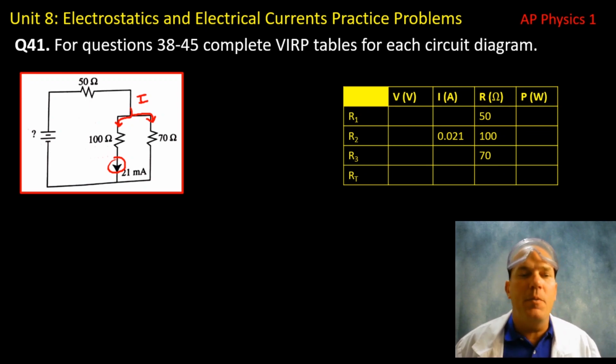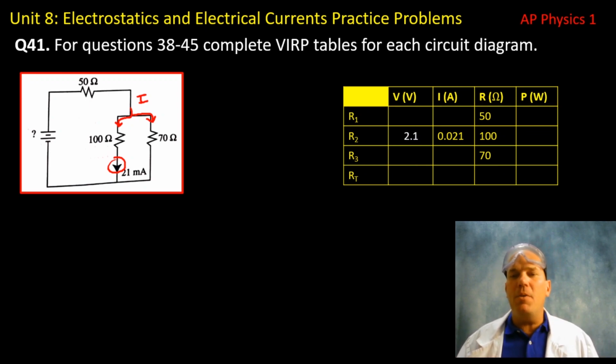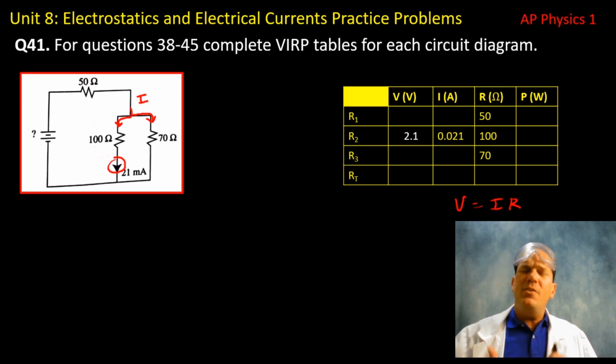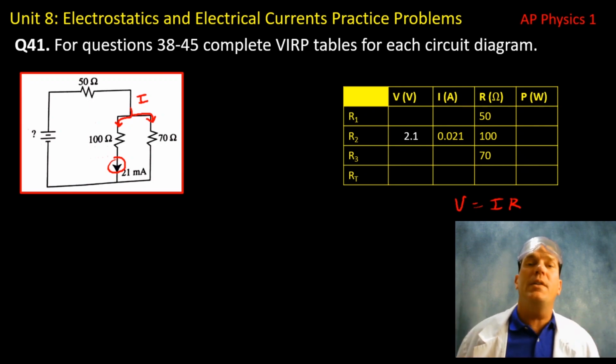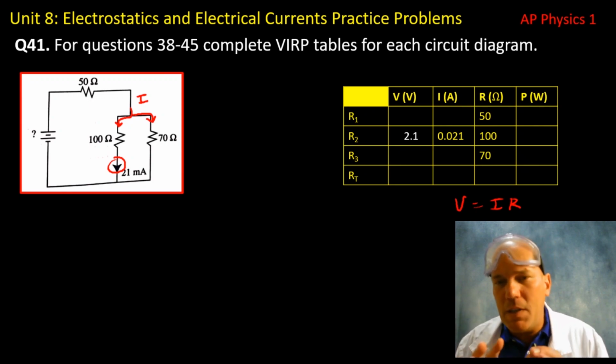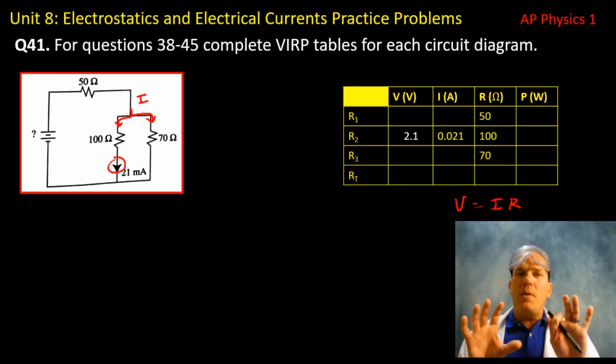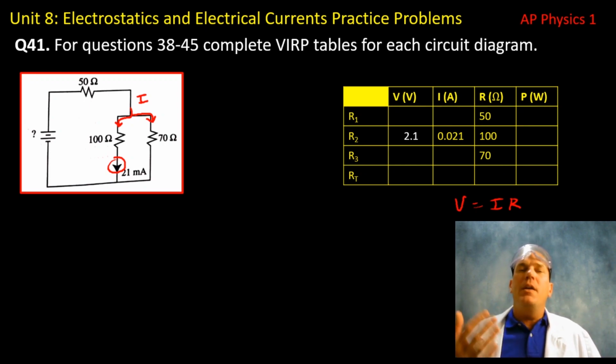So we have that information. The next step in this problem is to calculate the voltage drop for R2. Remember, guys, when we have 2 out of 3, we can use Ohm's Law. And indeed, you really need to do that. Anytime you get enough to do a computation, go ahead and do it, because oftentimes it'll elucidate that next step of where you're going. Because the most common thing I hear students say is they get to a point on the VERP table, and then they're not sure where to go next. All right, so